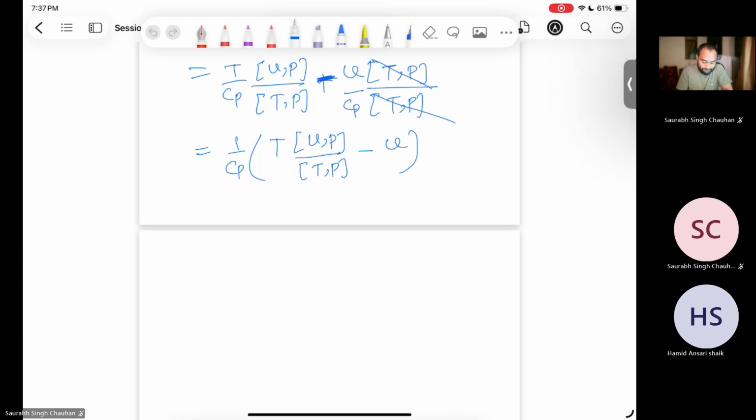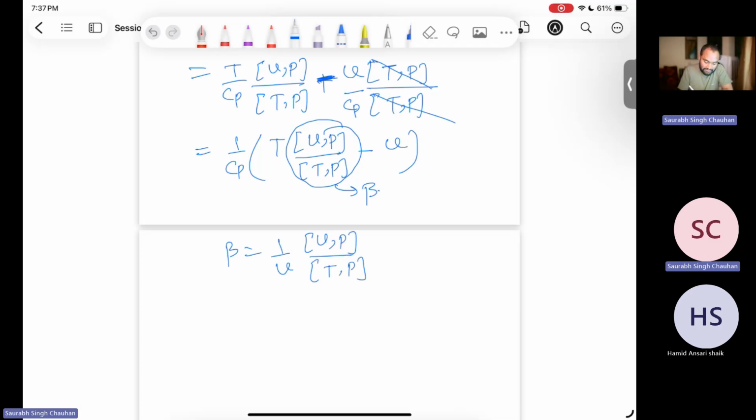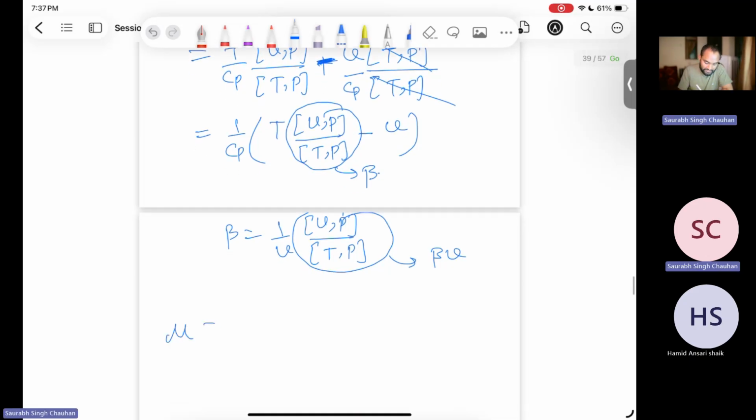And what else? Now we can use this thing. This was used in beta, right? What was beta? Beta was 1 by V, (∂V/∂T)_P. So we get T times beta V, right? So this particular thing will be beta V, correct? Yes, sir. So mu is 1 by Cp, T